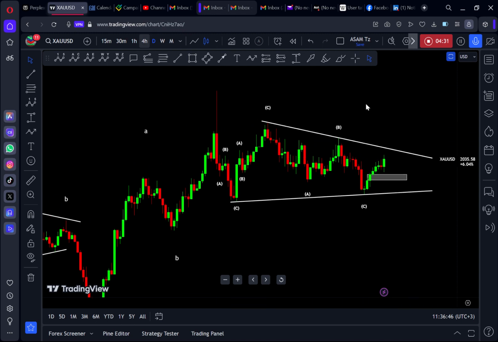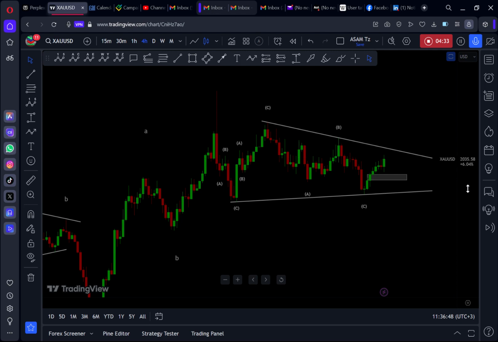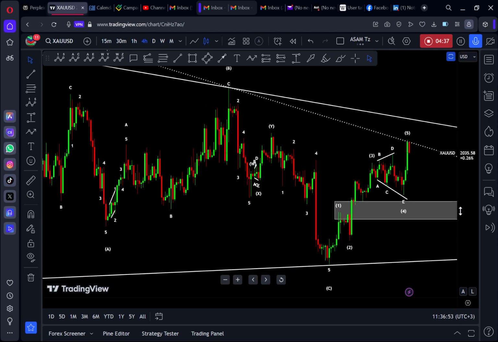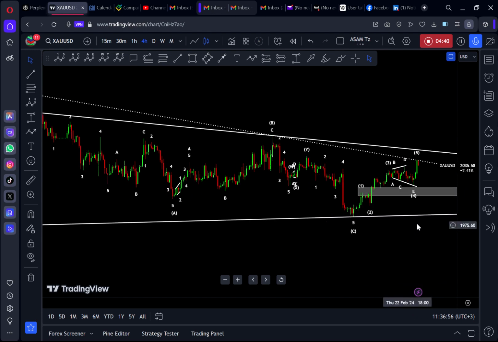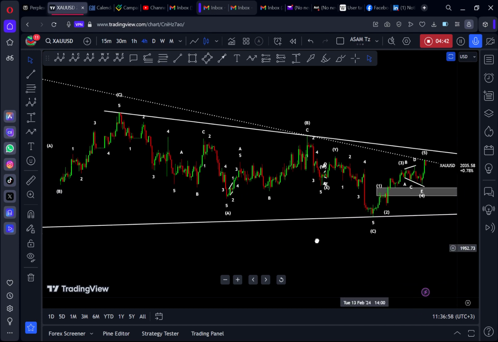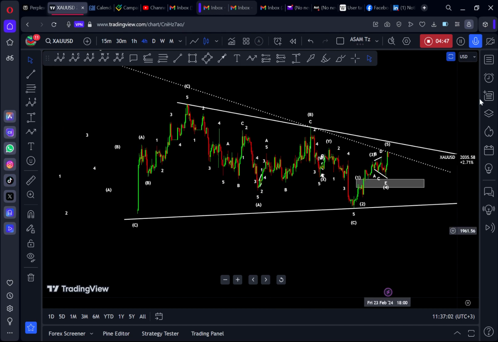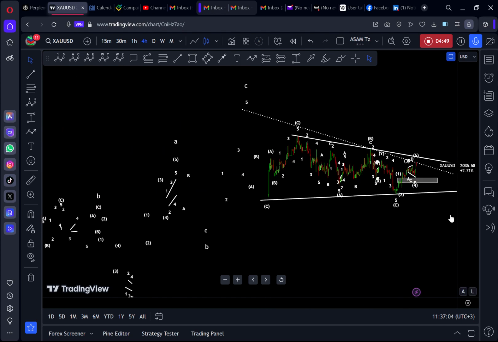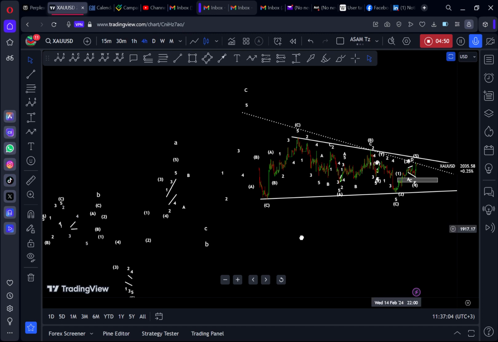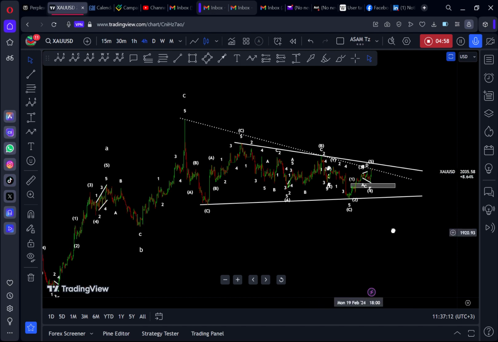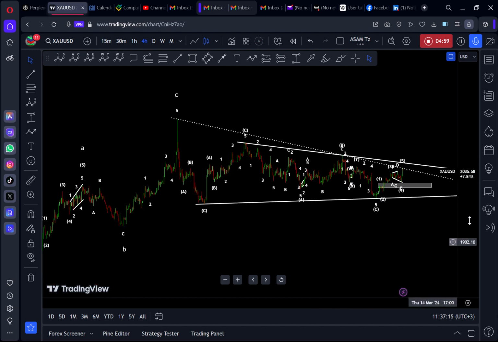So then as we go down now, we can see the possible entries for next week. Now we have a clear triangle, but in addition to the triangle, we can see in this time frame, I have added the dotted line. Now we see the dotted line here. This dotted line provides us with some possible turning points now.